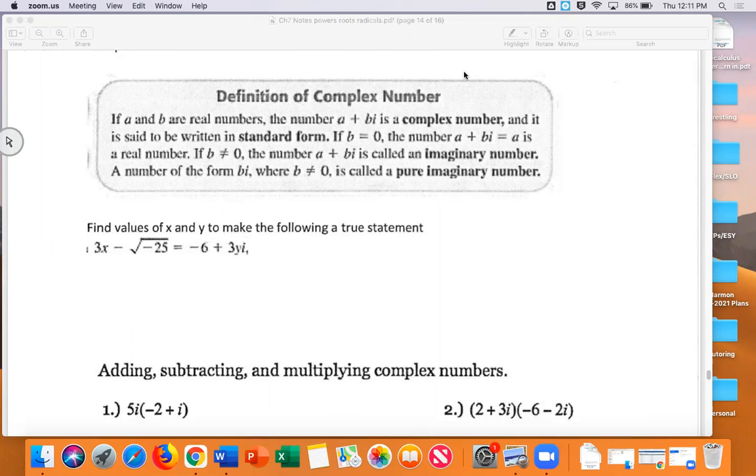Now there's one more thing from this. It's a complex number. So a complex number involves a real number and a